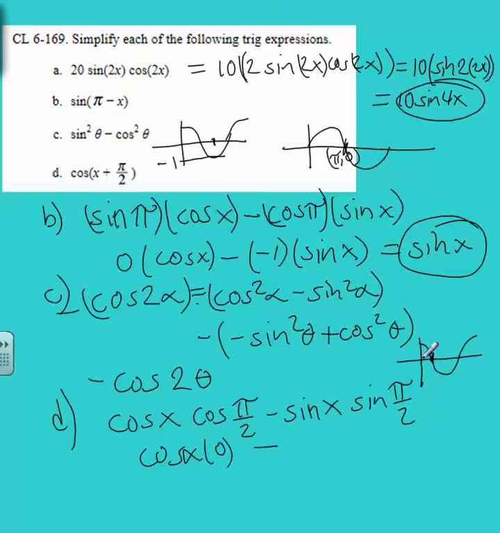And for sine, pi over 2 is at 1. So I'm going to replace this with 1. So cosine times 0 minus sine of x, so negative sine